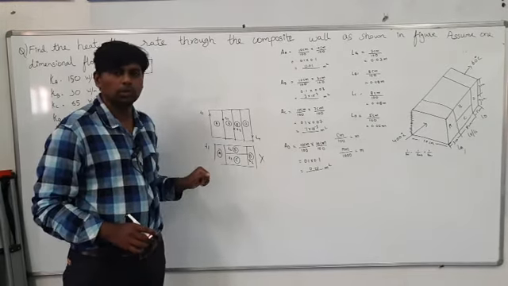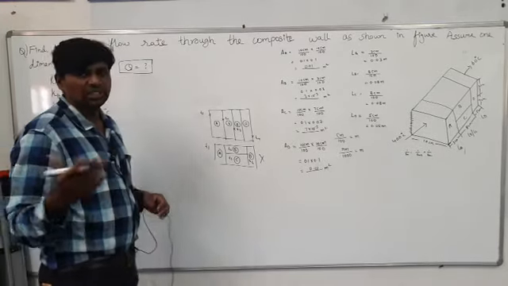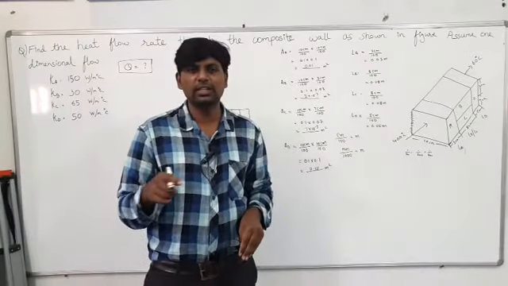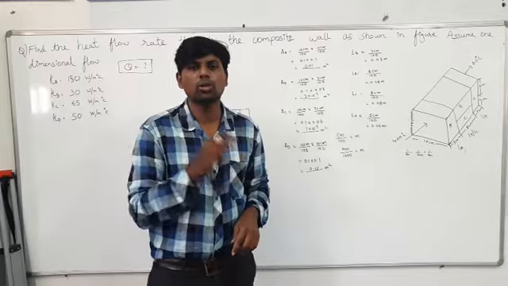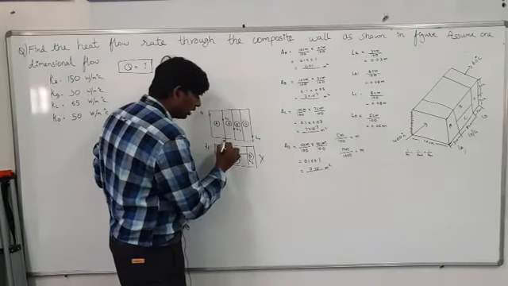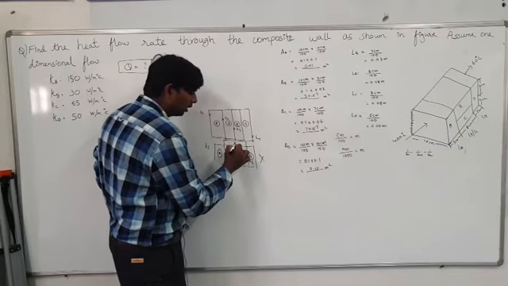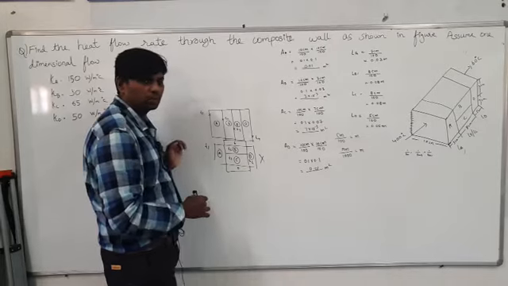First, what you have to do? You have to convert this one. For converting, I will tell you. In your basic electronics, you solved series connections and parallel connections. That concept you have to apply here. First you have to convert. Suppose if three components are there here, and one more component is there, E. This one also you have to convert. Suppose here one more component is there. First you have to convert.